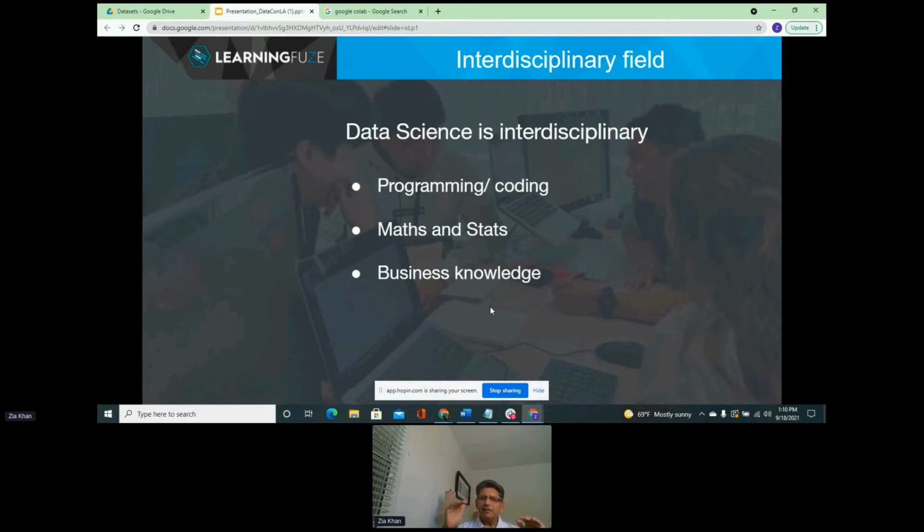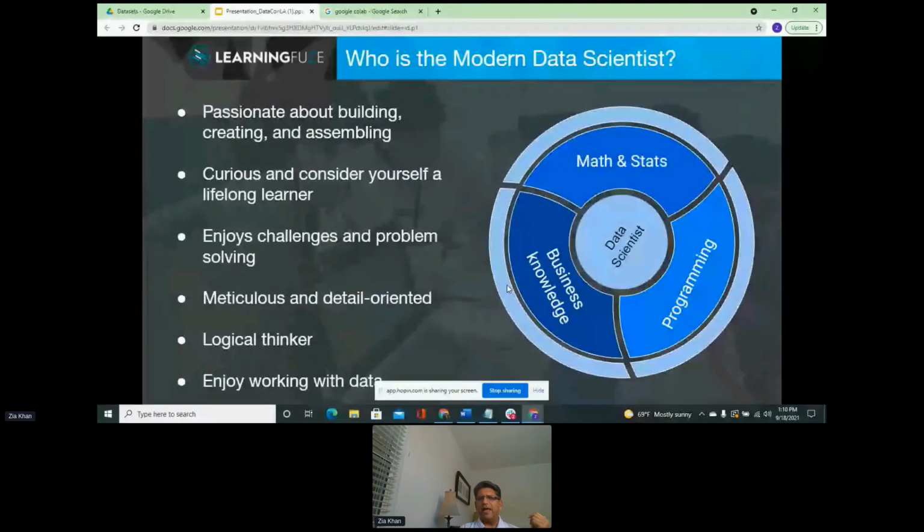So these are the three key components within the data science field, and anybody who is looking to get into this field, this is what, we believe, is required as a data scientist. So if you are looking to get into this field, these are the core skills. Of course, you need other things like being passionate about data, being able to look outside the box and have logical thinking. Be a good team player. All of those things are required.